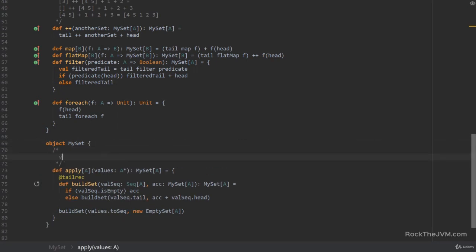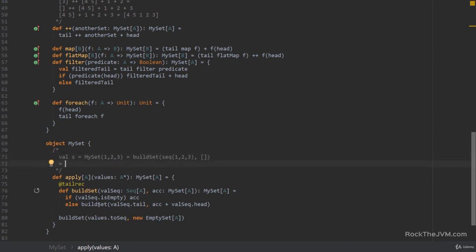So when I say val something equals my set 1, 2, 3, that actually calls the build set auxiliary function with the sequence 1, 2, 3 and the empty set as an accumulator parameter. And because build set is recursive, it will say, is the sequence empty? Well, no. So it will return build set